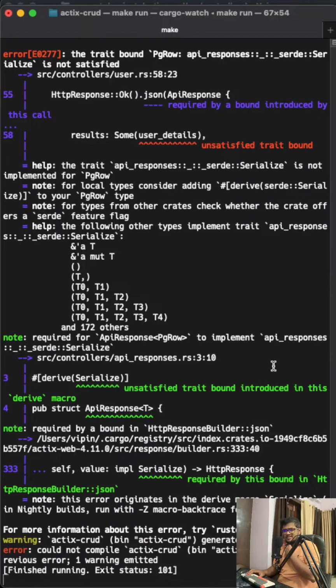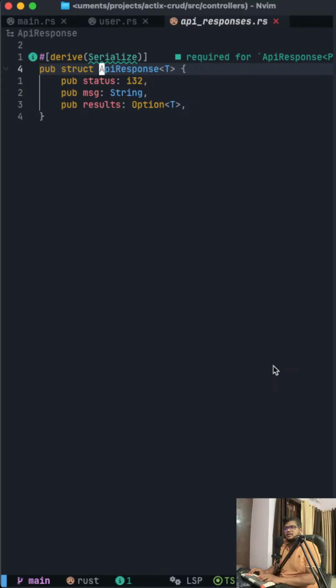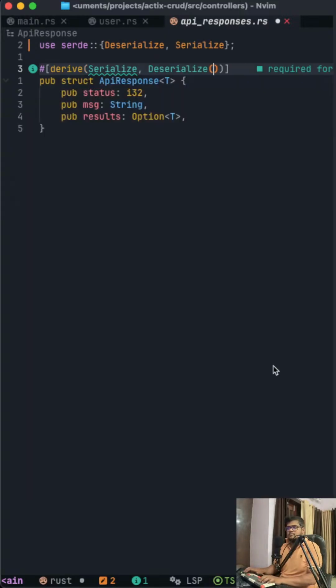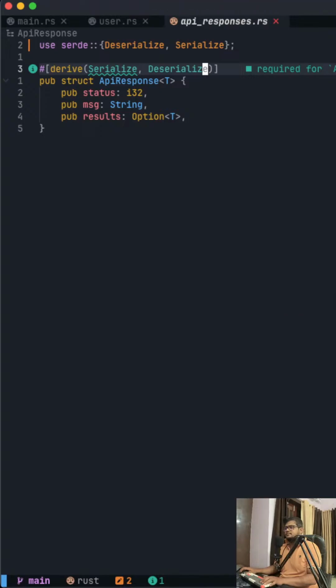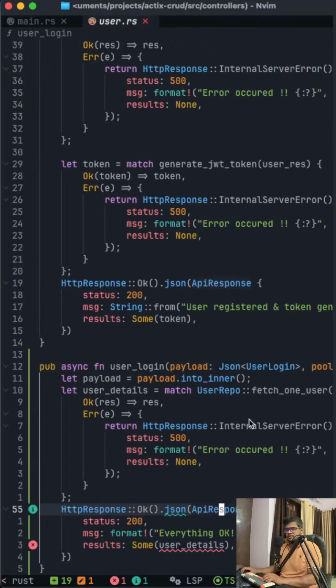IMPL API response unsatisfied trait on derive serialize. Okay, let's go here. Maybe I should see how this serializes. API, acha, API response PG row. Okay, so instead of PG row, I think I should use